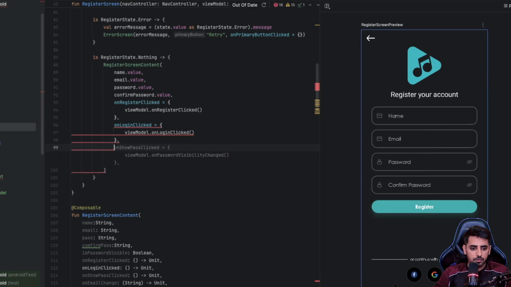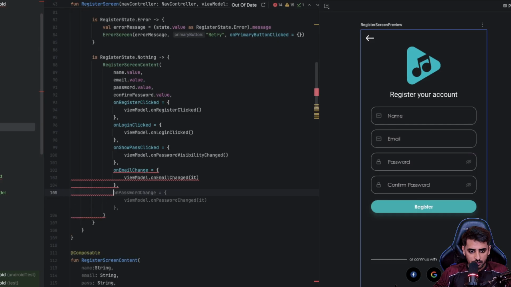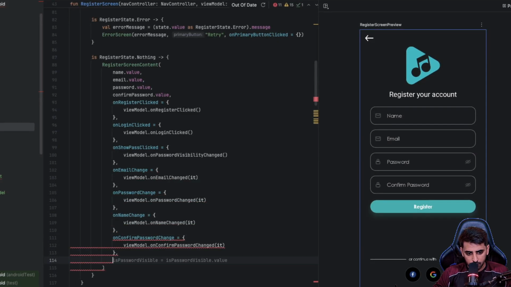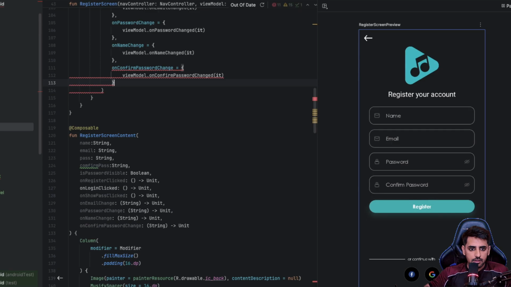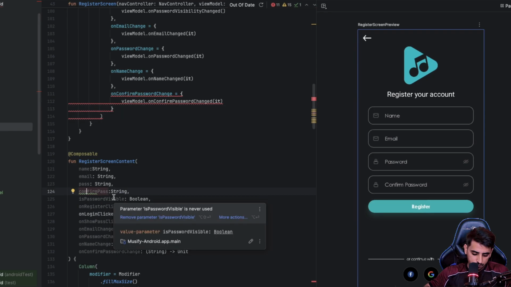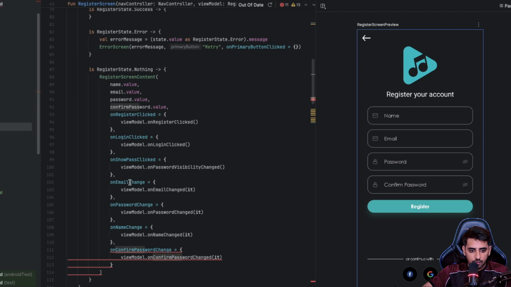Then we need to pass the on show pass click, on email change, on password change, on name change, on confirm password change. And what else? I think that's pretty much. On confirm password change,